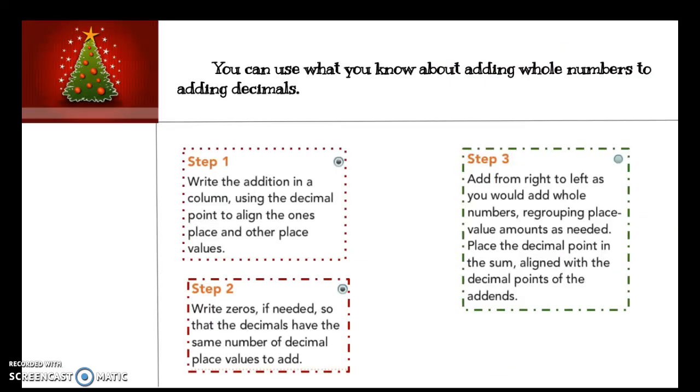So when you're solving problems with decimals, you can use what you know about adding whole numbers to adding decimals. Again, you want to make sure this is in your Cornell notes. Step 1 is to write the addition in a column using the decimal point to align the ones. So say we were to have a problem